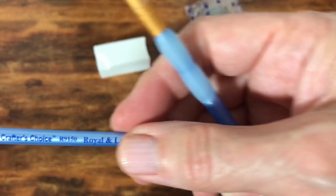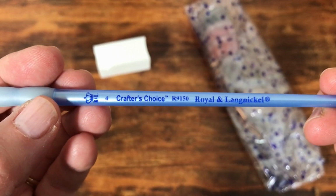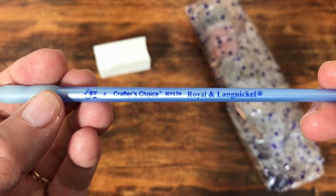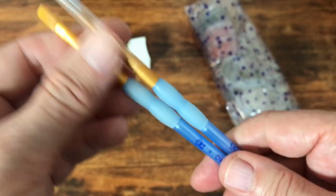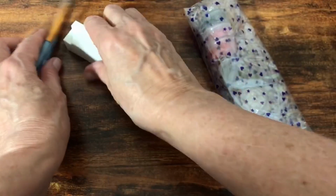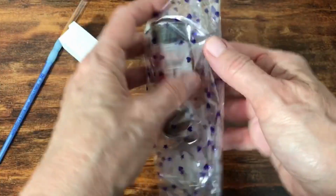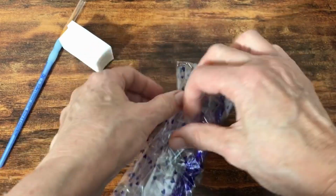I mean, it's this Crafter's Choice Royal Link Nickel. Yeah, they're nice. They're not cheapo ones. They're not super high end, but they're not super cheapo. And I like this little bit here. All right, so sponges. And now she also has a link to a video